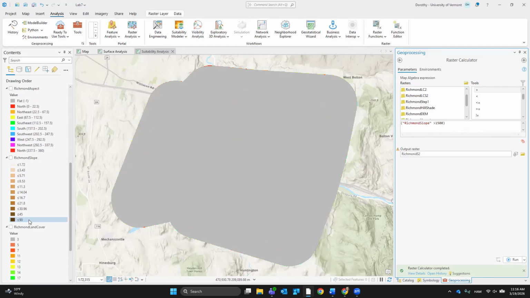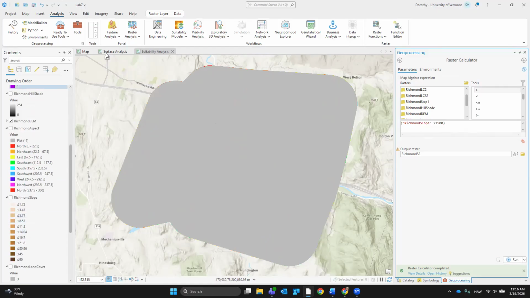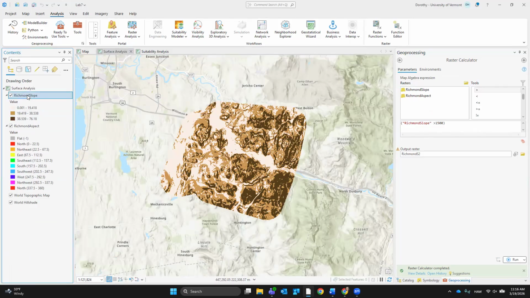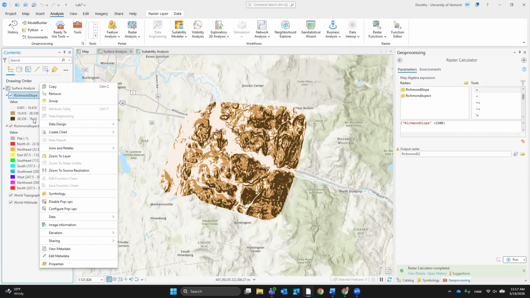Richmond slope is less than 90? Okay, so this is when you go back. Yeah, there is no Richmond slope over 1500. Is that correct? Yep, doesn't look like it. We can open up the table for this.